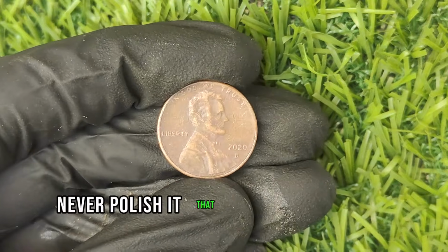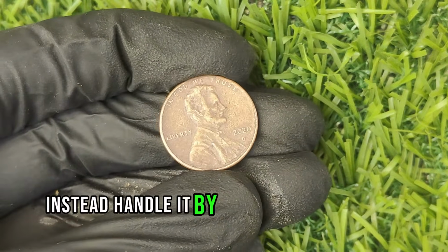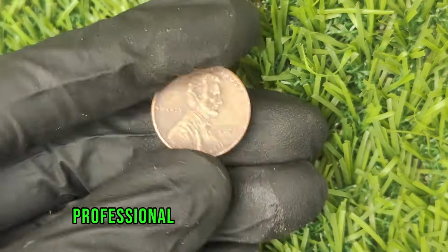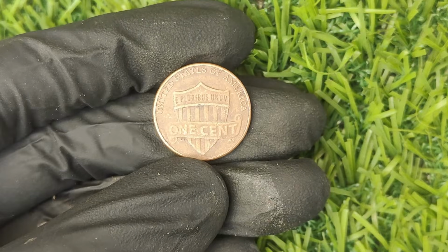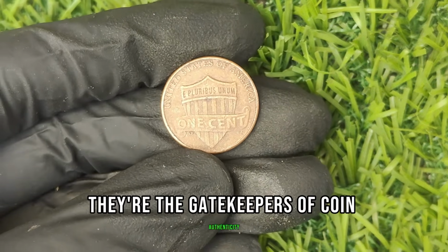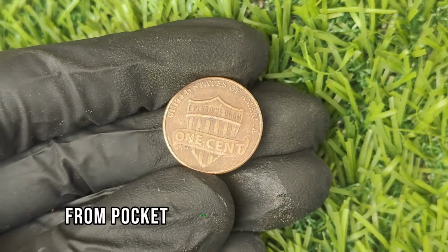Never polish it. That single mistake can erase thousands in potential value. Instead, handle it by the edges and send it for professional grading from a trusted service like PCGS or NGC. They're the gatekeepers of coin authenticity, and the ones whose certification can turn your penny from pocket change into a